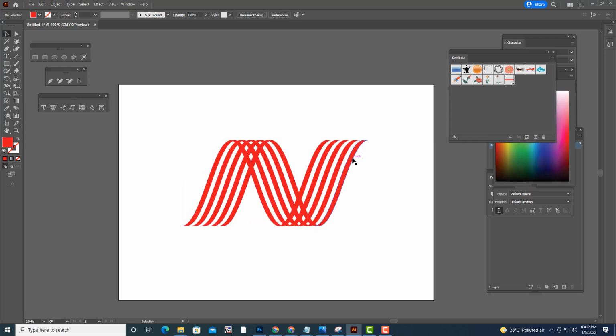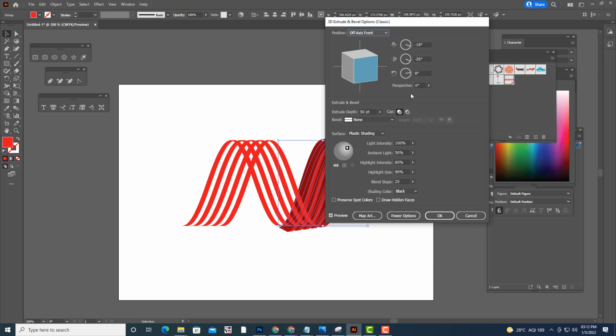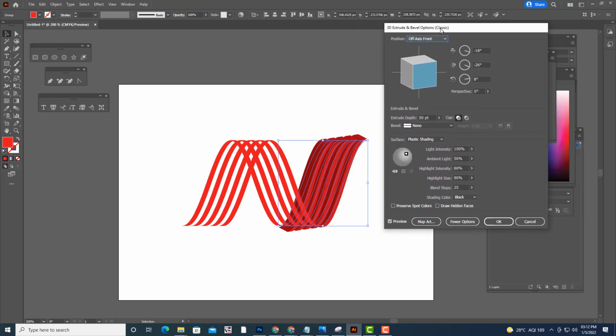So what we can do now is, see, I can add some 3-dimension depth to this. So first we'll select this, we'll go to 3D and we'll apply extrude and bevel. See here, we have applied this.